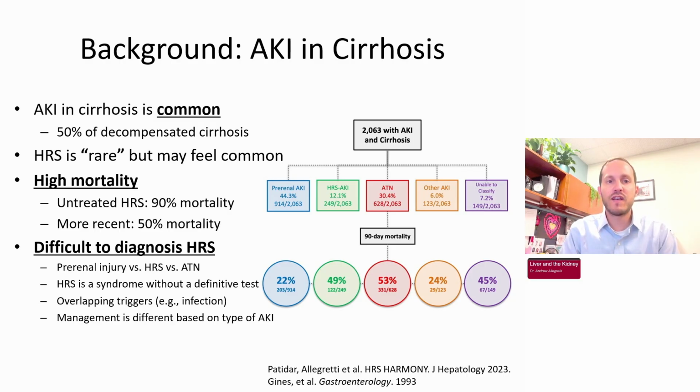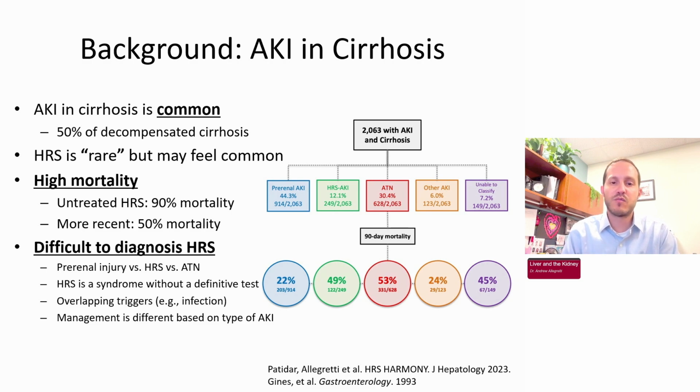In the days before vasoconstrictors and intravenous albumin therapy, the untreated mortality for hepatorenal syndrome was cited as high as 90% in the short term, which is quite incredible. But in the more recent era, when we have vasoconstrictors and albumin, the 90-day mortality has been hovering around 50%, which, while improved obviously from the generations past, I would still argue is some of the sickest patients we will see. If you go to an ICU and look at a patient on CRRT, that's about a 50% chance they make it out of the hospital. So it's really quite incredible.